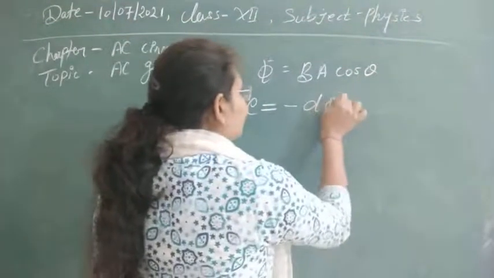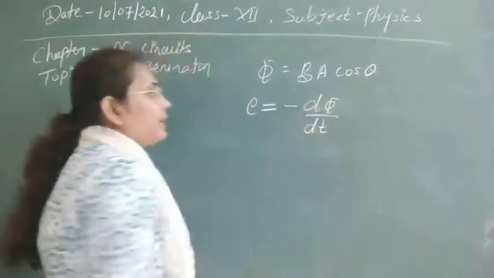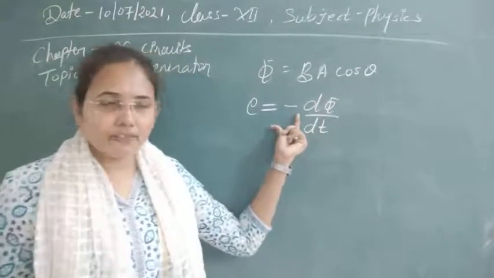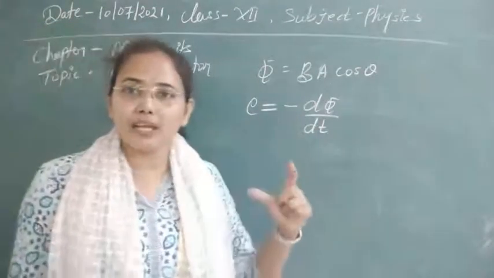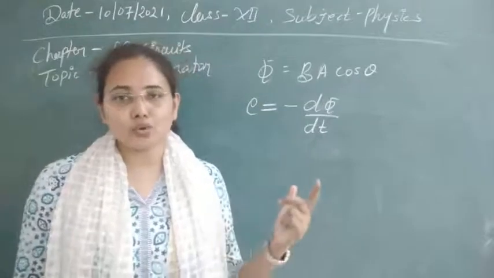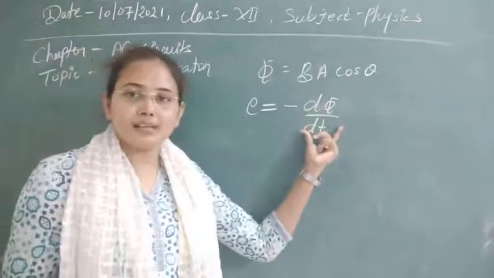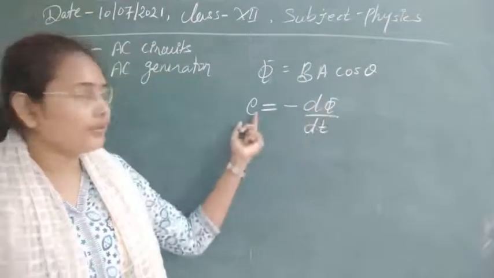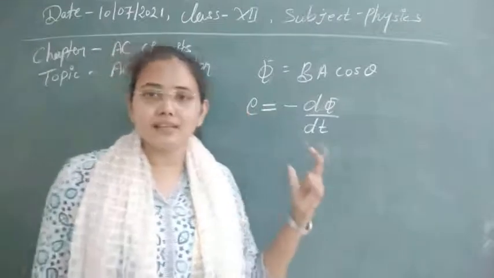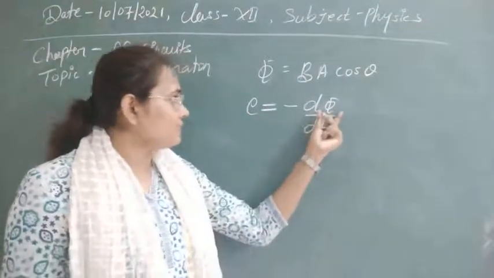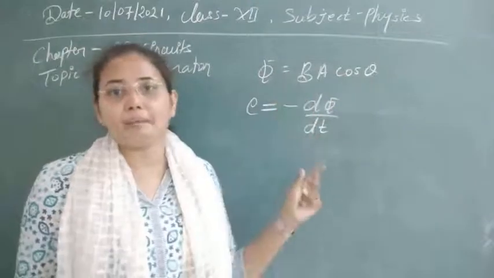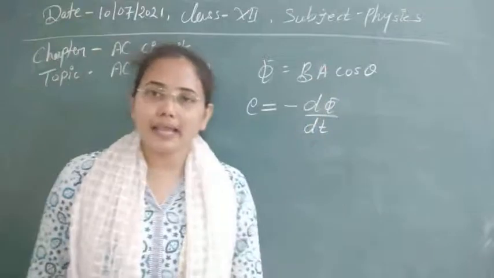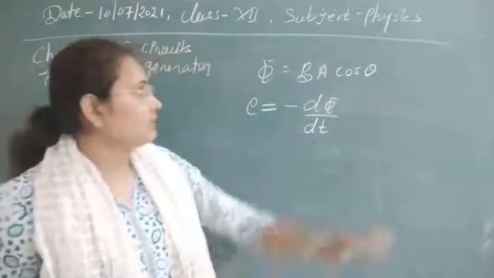According to this, we can write that the induced EMF is given by the negative rate of change of flux. The negative sign indicates that the induced EMF that appears will always oppose its own cause, meaning its own reason, the change in flux. So now we can produce an induced EMF and potential in the circuitry by changing the flux, and the change in flux can be done by three methods: either by changing the magnetic field, second by changing the area of the coil, and third by changing this cos theta.